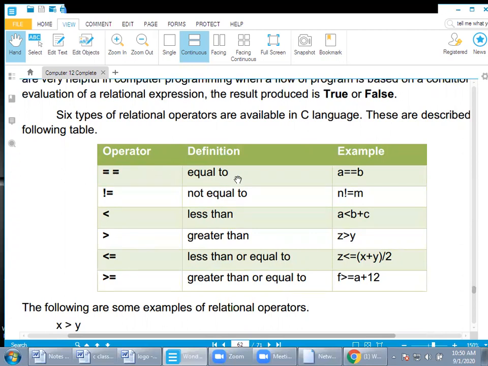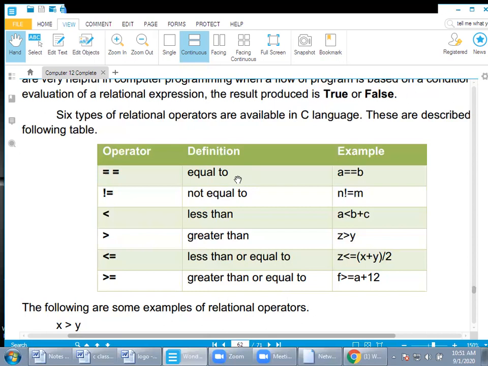When we compare two values, for example, someone is asking you, a is equal to b, question mark. If the value of a is 5 and the value of b is also 5, what should be the result of a is equal to b?